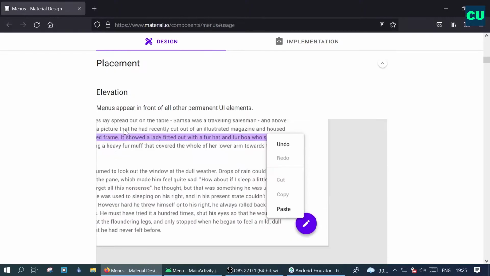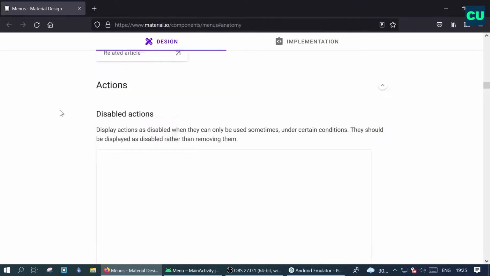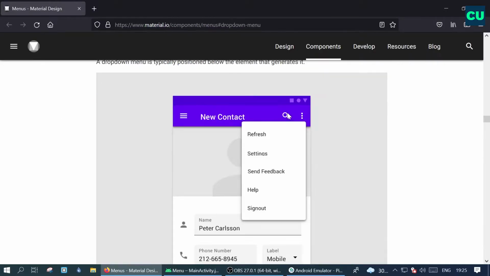Before creating a menu, we will see how a menu looks in an activity. As you can see, this is referred to as a menu. This is the menu present in the app bar, represented by an icon, and this is known as a menu item. A menu can consist of multiple menu items. Here there are 1, 2, 3, 4, 5, 6 menu items currently in this activity. In Android this is called an options menu. The options menu is where you should include actions and other options that are relevant to your current activity context.